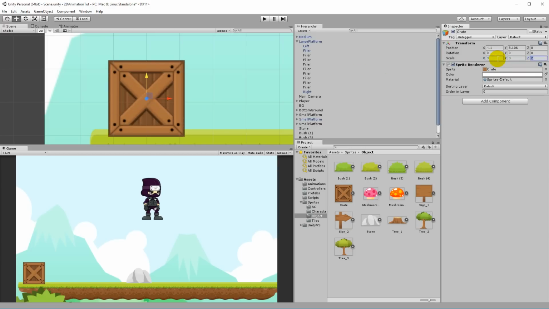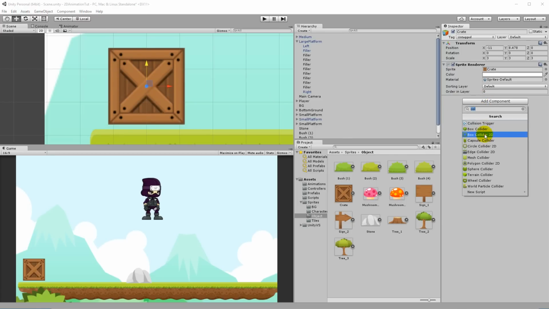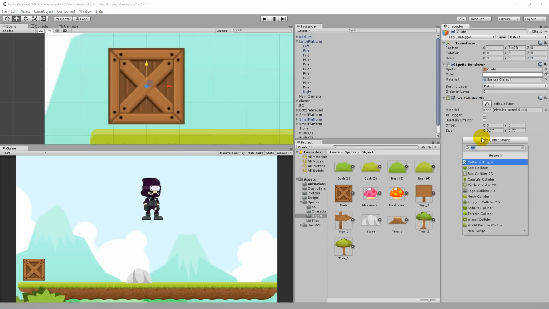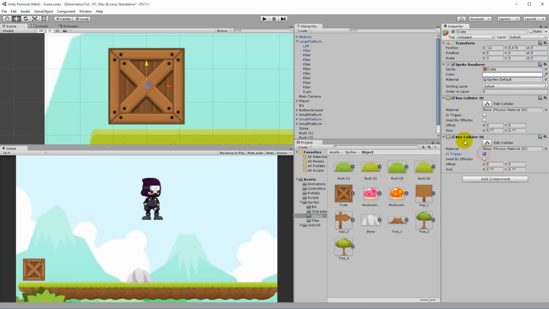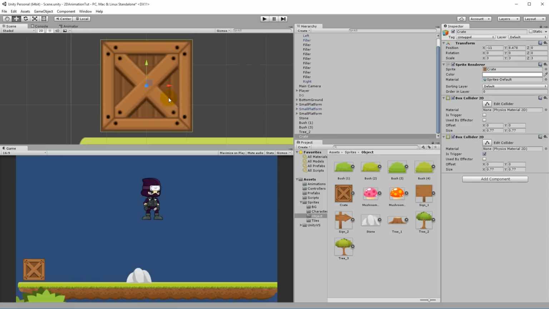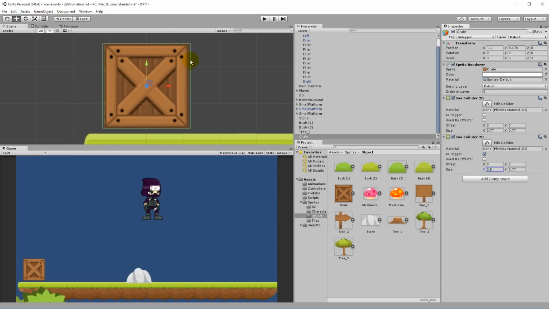That's not large enough. So we have the crate here, and on this crate we'll have to add a collision box. So we have to click Box Collider 2D. So now we have a collider that goes all the way around it, and we'll have to add one more Box Collider 2D, which is a trigger. And let's just disable the background for a minute, and then click on the box, and you'll see we have this other collider here. It will have to be larger in the width so that the player can enter the box collider here, and the height needs to be a little smaller, like so that the player can walk in and jump on top of the box.